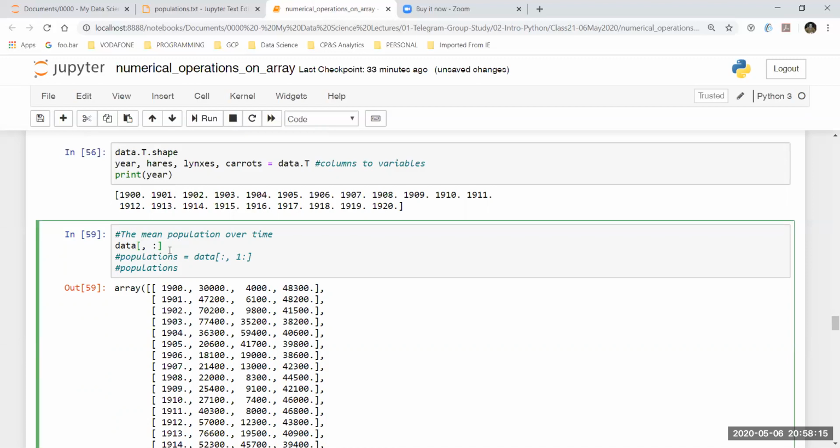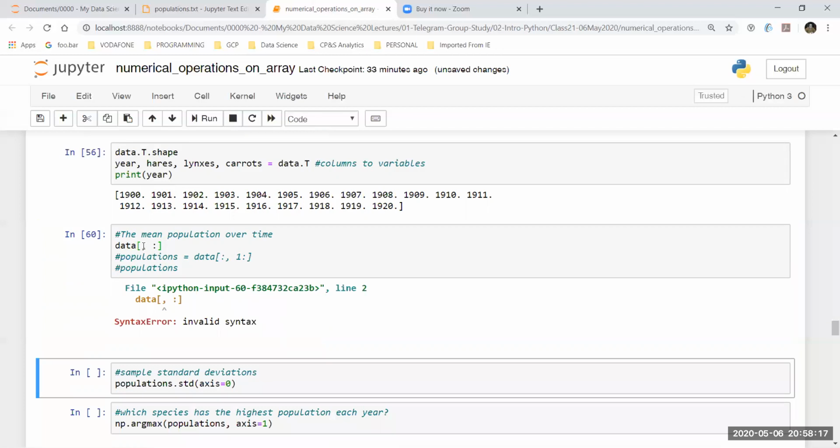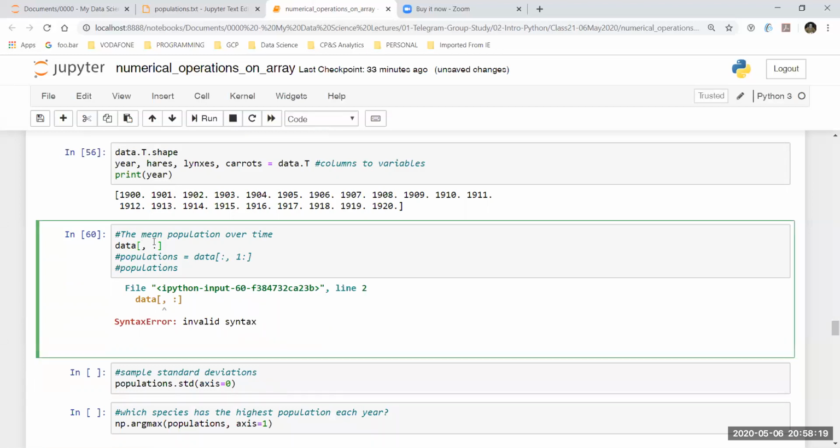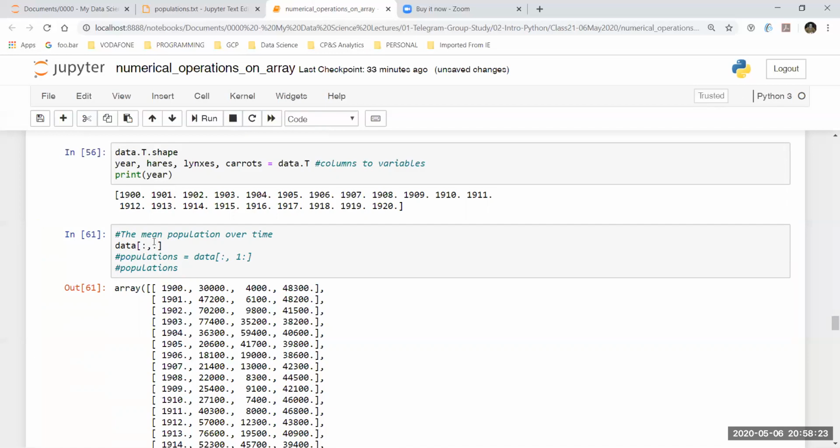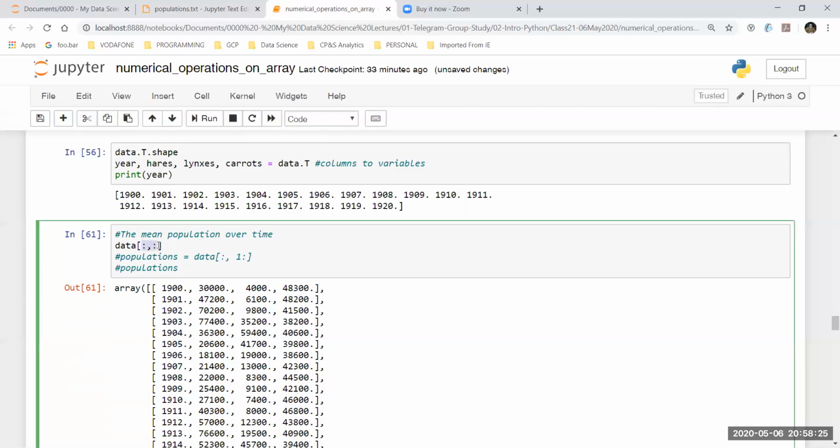Okay, what happens if I remove the colon over here? It's going to give me an error. So if you are using slicing, you need to mention something over here, at least a colon. A colon represents that you have everything. Else you need to remove this entire part. If you remove this entire part, it will print you everything, right? But if you have starting braces and ending braces, you need to specify the indexes which you want.